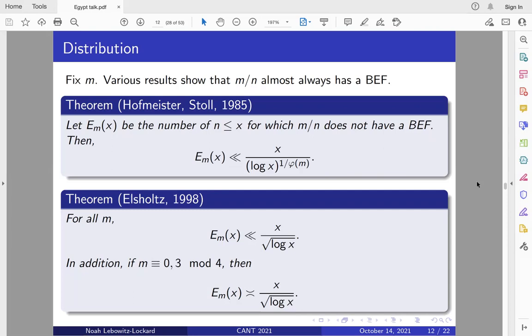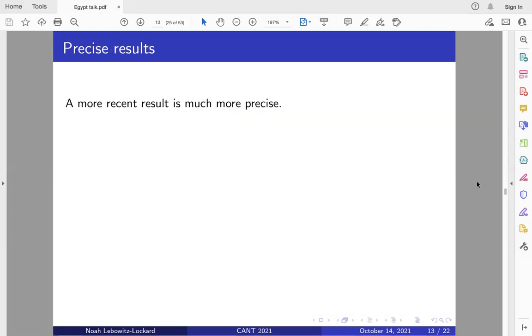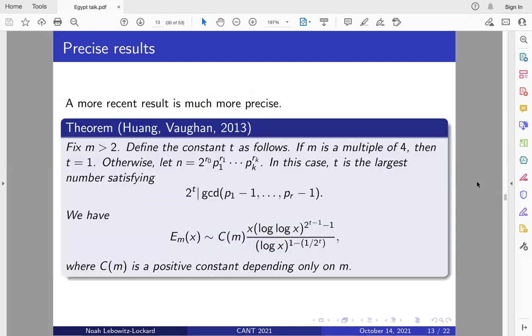For m equals 1, you can actually show that you can always write 1 over n as a sum of 2 distinct unit fractions. So I said I'd answer your question on the next slide; it is actually a few slides later. But Elsholtz's results